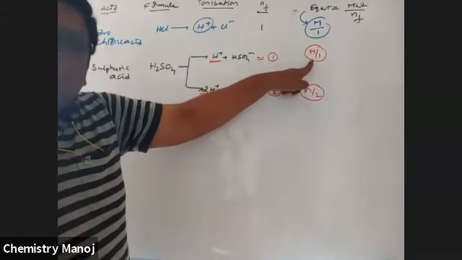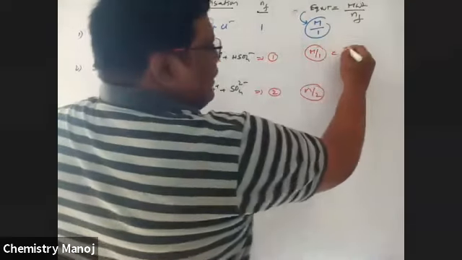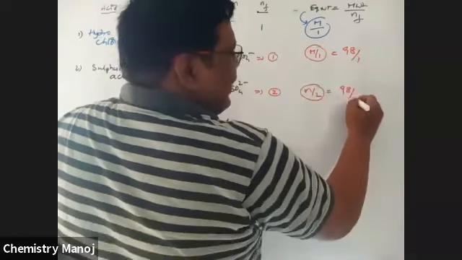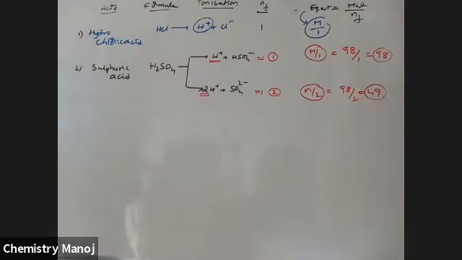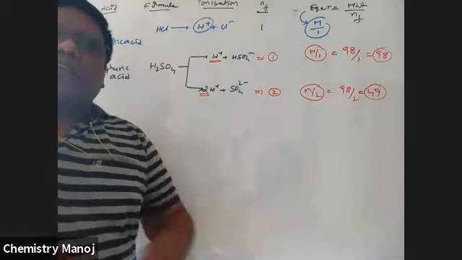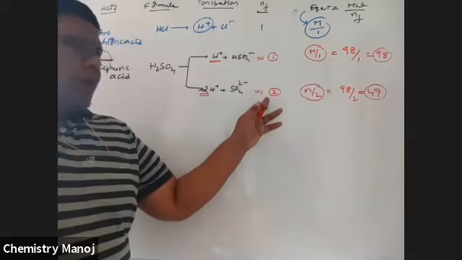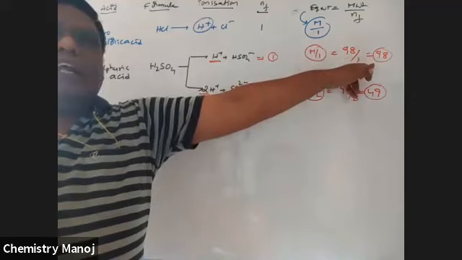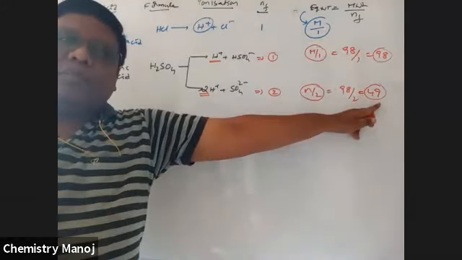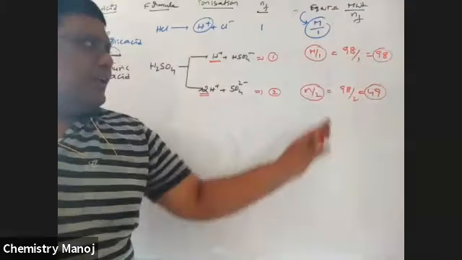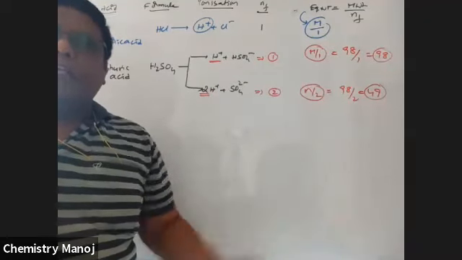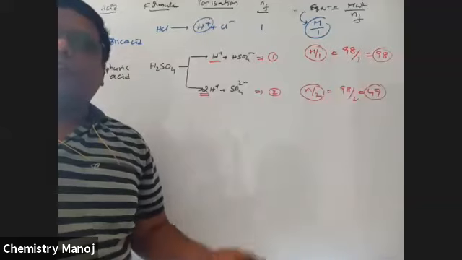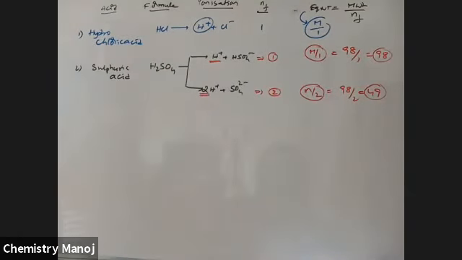It may be M by 1. M, the molecular weight of H2SO4, is 98. That means here it is 98 by 1, and here it is 98 by 2, which is 49. Is the equivalent weight of H2SO4 constant? No, only because its N factor is not constant. Sometimes its N factor is equal to 1, sometimes it is equal to 2. If it is 1, it is 98; if it is 2, it is 49. Equivalent weight is equal to molecular weight by N factor. That N factor for acids is the number of replaceable or displaceable hydrogens. This is for H2SO4.